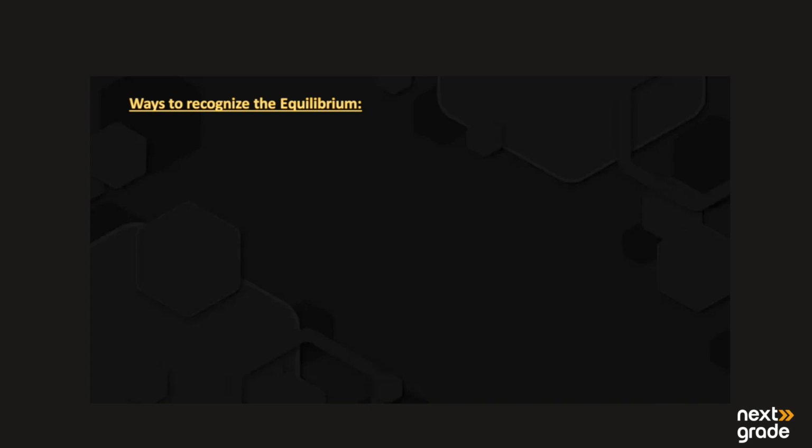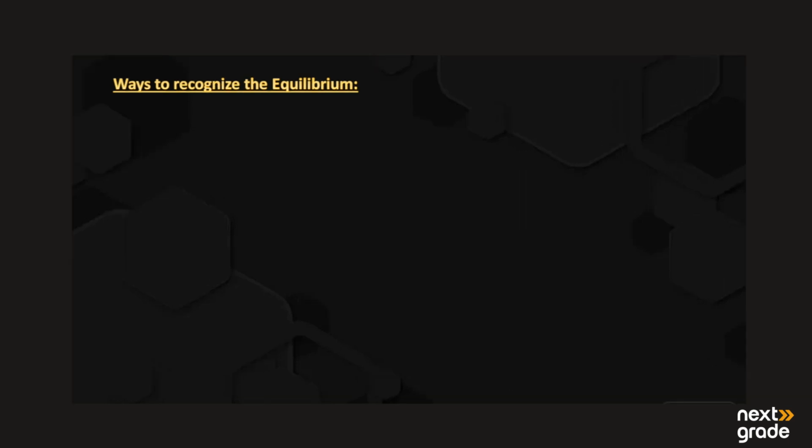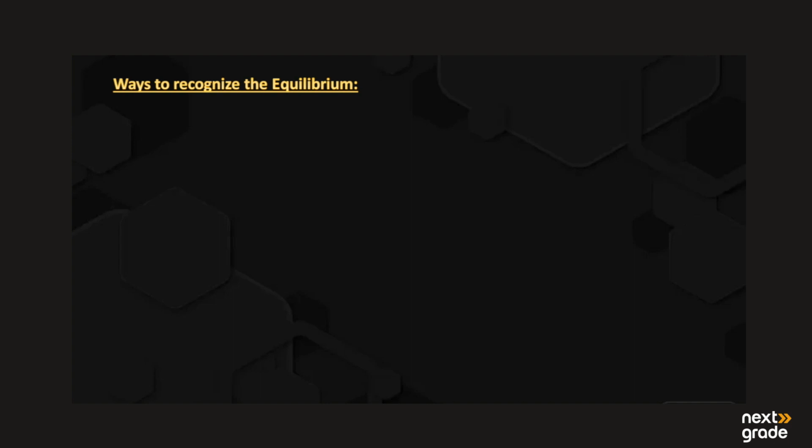recognize that the reaction is at equilibrium state, or the reaction is moving in the forward direction or in the reverse direction. So basically, to recognize the equilibrium of a chemical reaction, we have mainly two ways. So the number one way to recognize the equilibrium,